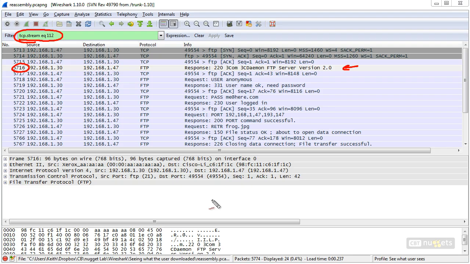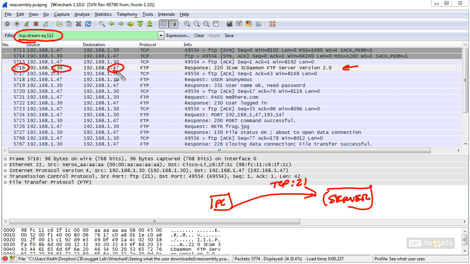FTP in general. Let's say we have a PC that's acting as a client, and we have a server over here. So when the PC makes a connection, it's going to go to the well-known port of TCP port 21. It'll be from some high-numbered port. In fact, we don't even have to guess. So right here in this packet 5716, which is a response coming from the server. So the server is .30 and the client is .47. This reply that's coming back, it's coming from port 21 and it's coming back to 49554. So when the client established this connection, it sourced it from this high-numbered port going to the well-known port